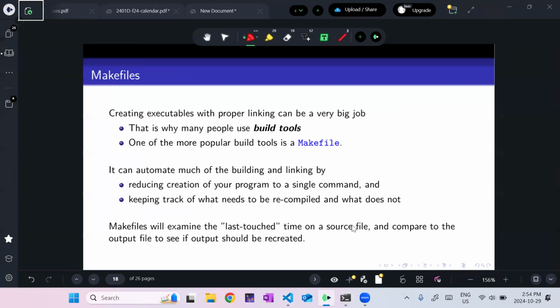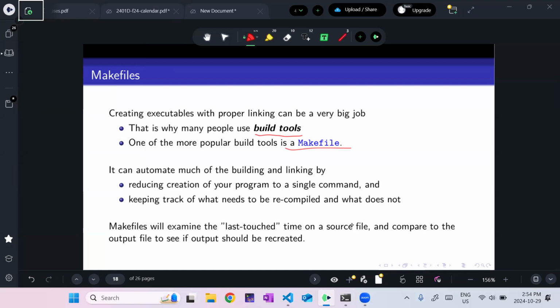All right. So that, you can see, probably gets complicated fast, and I don't want to have to run 5 different commands or 100 different commands from the command line in order to make one single executable. So we automate that with build tools, and specifically, we're going to be using Makefiles. There's nothing magical about them, right? A makefile is really just a bunch of commands that get run from the command line, exactly like I did.